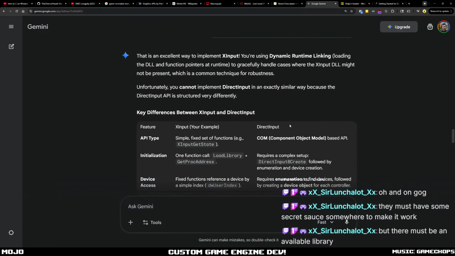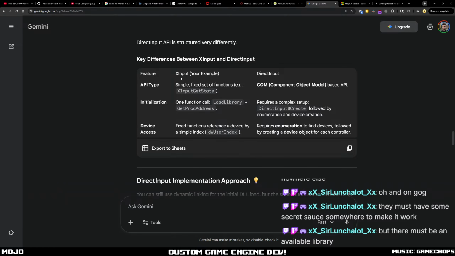Okay, well, let's go back to my thing. So, simple fixed set of functions. Component object model based API. Load library, get proc. Complex setup. That's not complex. I think it's so funny, and this has kind of been the sentiment I get from